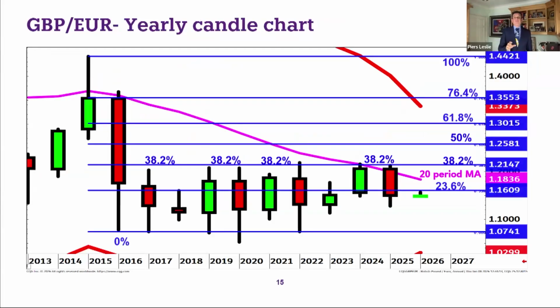This is sterling euro, and it's on the yearly time frame. So each candle represents 1 year. And this chart is another fantastic example. Like the last one we saw, you had the clue last year where the high in sterling dollar was. Very simple. It came at the first retracement, 23.6. We highlighted that risk in April, and it fell after that, hitting that line. This chart is the same. Since Brexit, it has held every rally in sterling euro. And that's why I feel it's another great example how important charts are for long-term views.